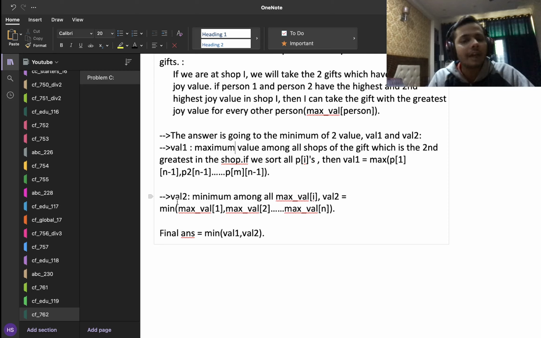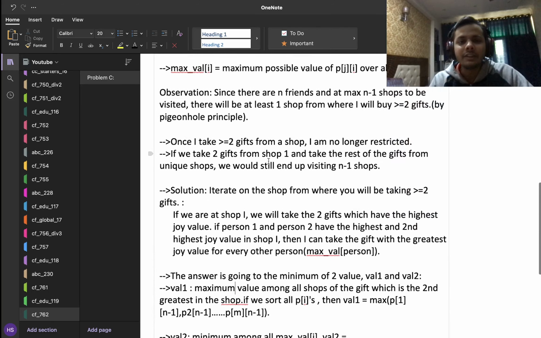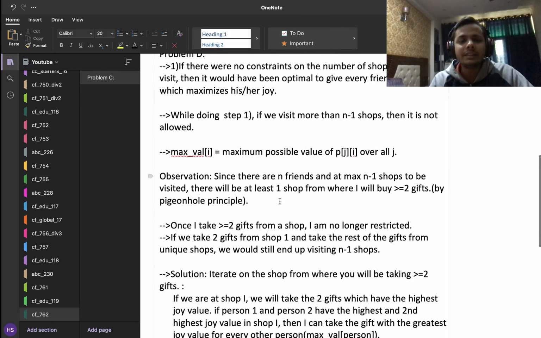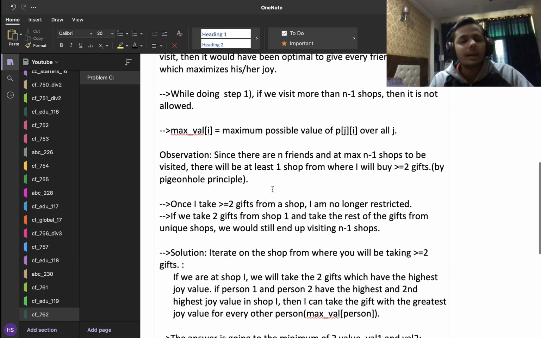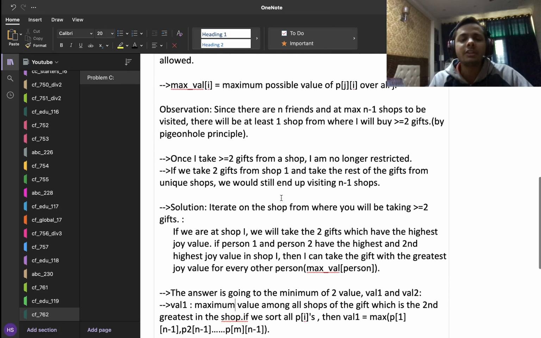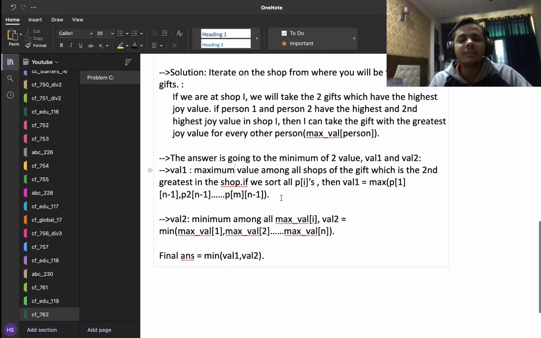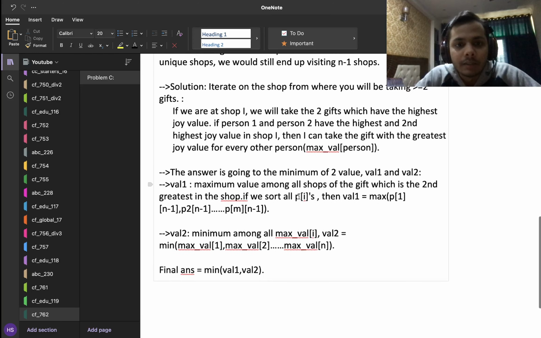And once I've calculated val1 and val2, my answer is going to be the minimum of val1 and val2, since I need the minimum value of all the Ai's. And if I do this, I will surely get the maximum of the minimum value of all Ai's. Again, this might be a bit confusing, but once you wrap your head around it, it seems not very difficult. I do agree that there have been a lot of observations in this problem, but if you just give 10-15 minutes of concentrated thought to this problem, I'm sure that you will get what I'm trying to say here. So this pretty much sums it up. This is the entire solution.